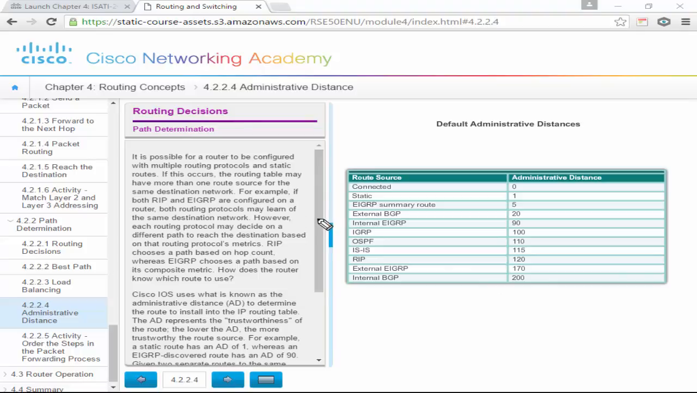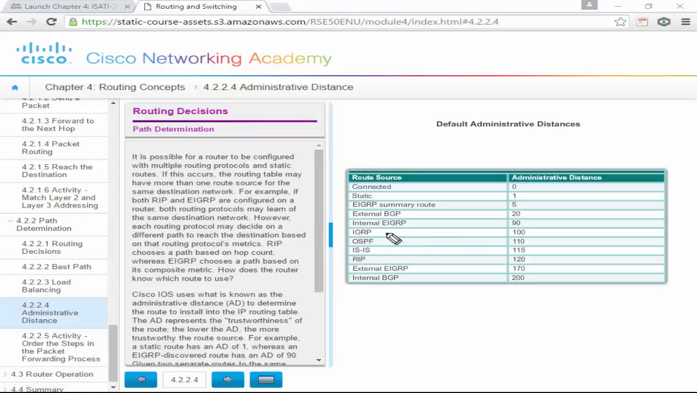I don't know if that's true or not, but that's what I believe. I don't believe I'm always right, but I believe that if you're going to put in a static route, you don't want to make a mistake because it's the most trusted. Then, if we summarize EIGRP routes, they're trusted. External BGP, which is the routing protocol that runs the internet, and then internal EIGRP,